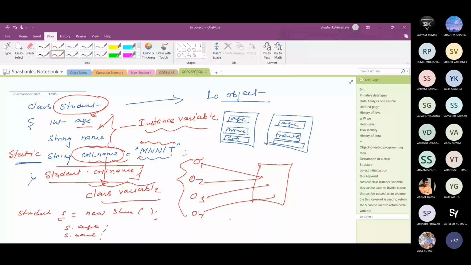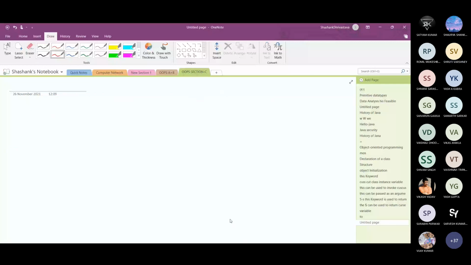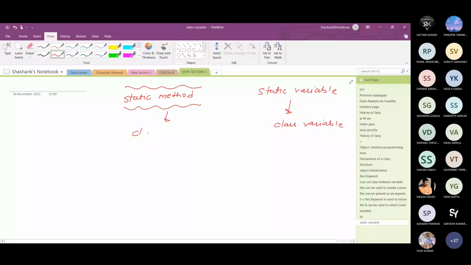Now come to another use of the static keyword. Static can also be used before a method, that is a static method. Like a static variable, there is a concept of a static method. Just like the static variable is a member of the class, the class variable, similarly a static method is a class method rather than an instance method.